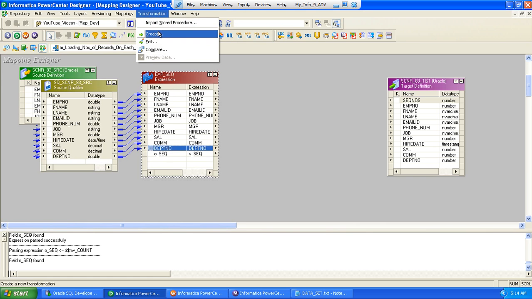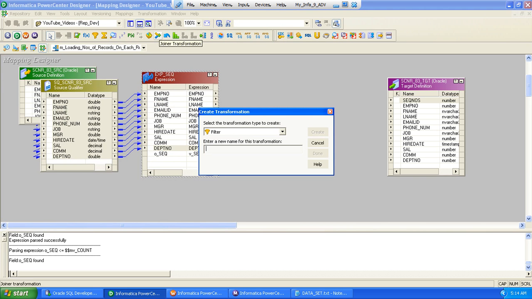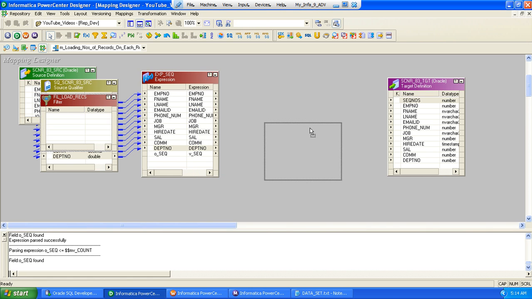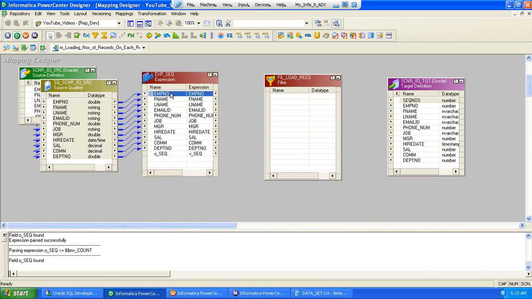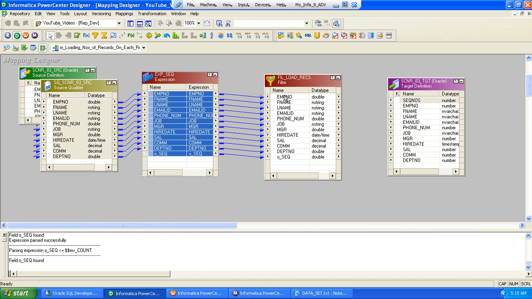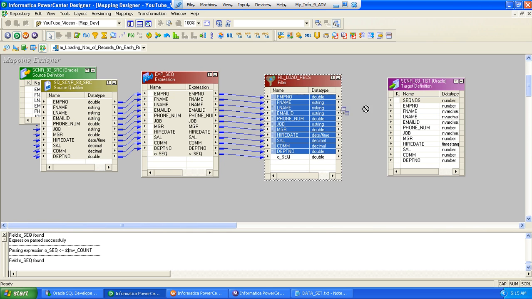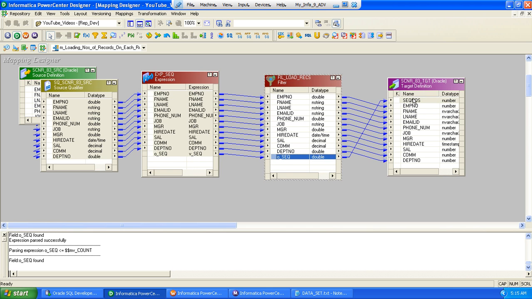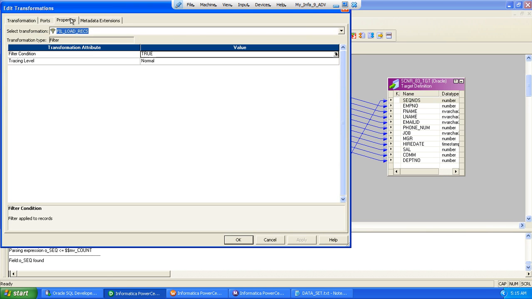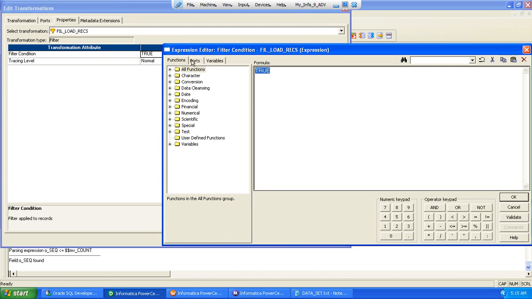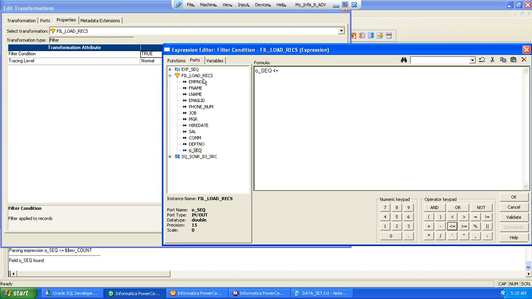Let's create a transformation called filter, because I need to load only the first 5, first 10 and so on. So load records, whatever. Let's come over here and bring in all the ports, and from here this will go over here and the sequence number will go over here. Let's go to my filter transformation. Let's go over here, and the port O sequence number would be less than or equal to my